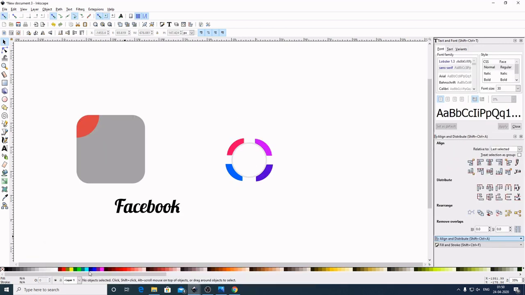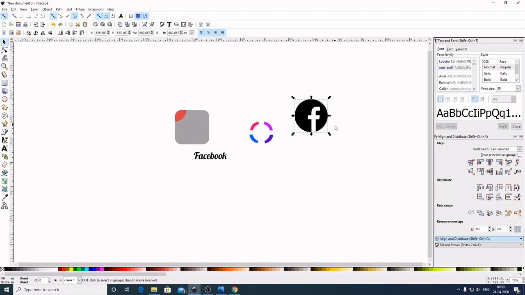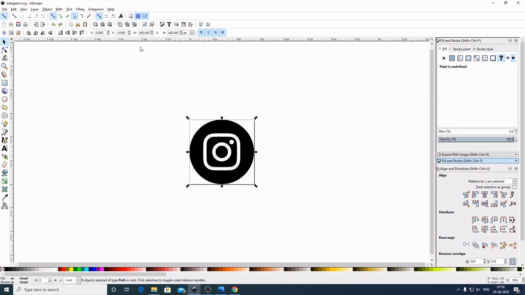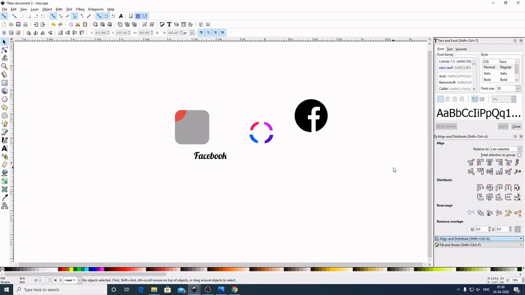Now come here to our work, right click, paste. Now Instagram, grab over this whole, right click, copy. Now come to our graphic, right click, paste, group this one.